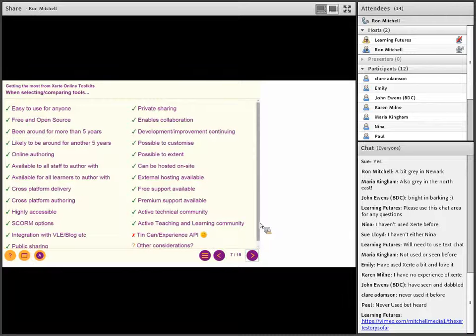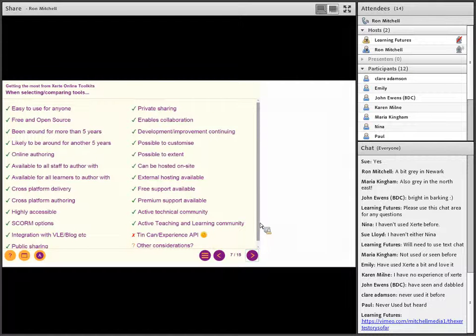Particularly for those of you that use Articulate products, you might laugh and say, ha ha ha, Articulate provides Tin Can Experience API support and Xerte doesn't. Well, actually, that's not completely true, and there's a good chance that you don't necessarily know what that means either.